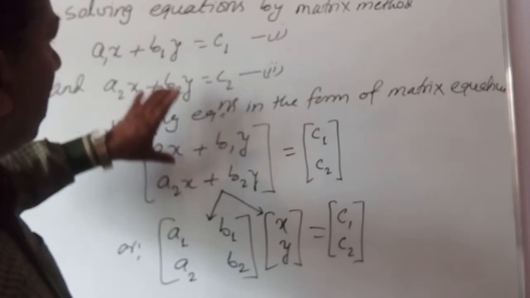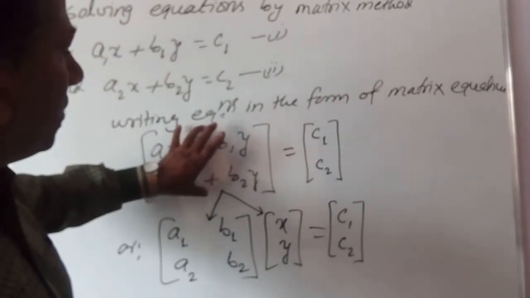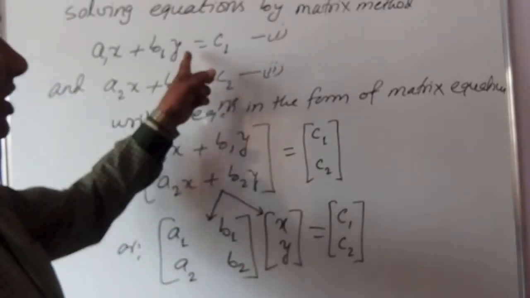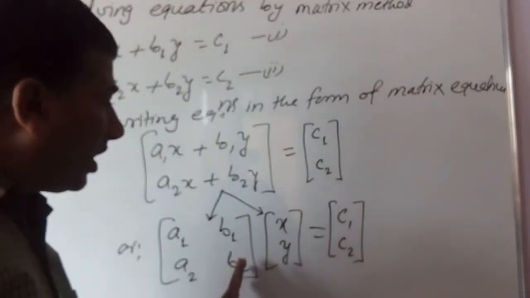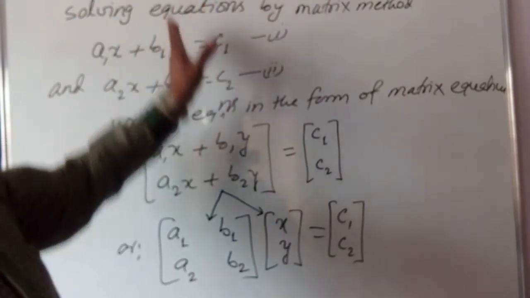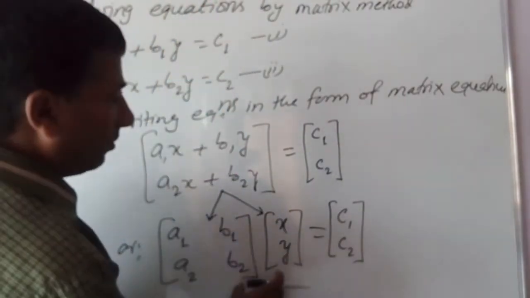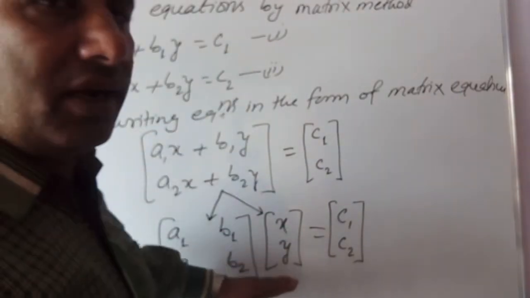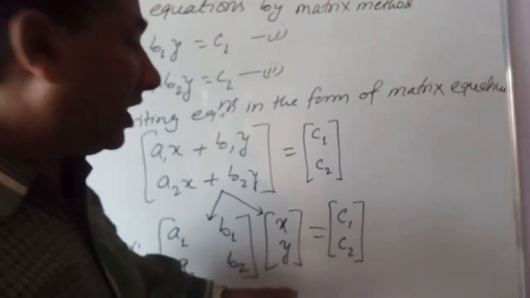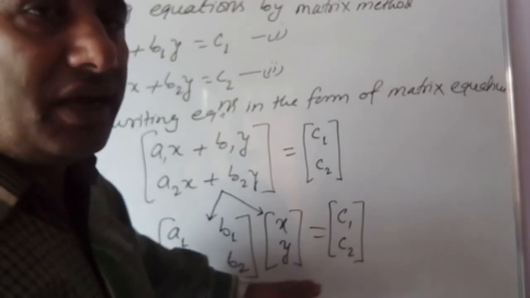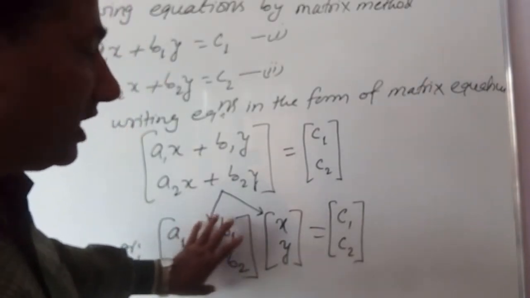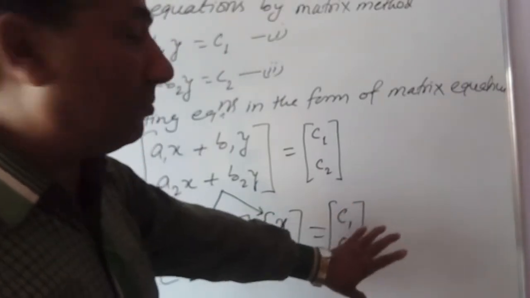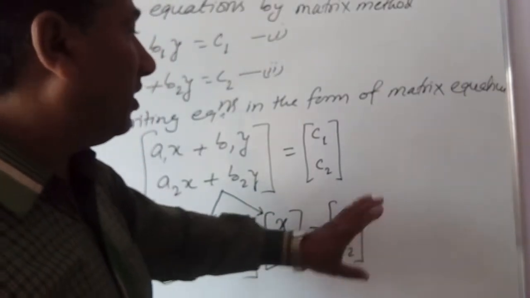Now this equation we can write in this form, and this one we can split like this, multiply, and again we will get this, and equate, we will get this one. From here to here we can go, and from here to here also we can go, both ways. Now we need this one. What we did, we changed the given equation into the form of a matrix equation. Here I have written three matrices: the coefficient matrix, the matrix of variables, and the matrix of constant numbers.